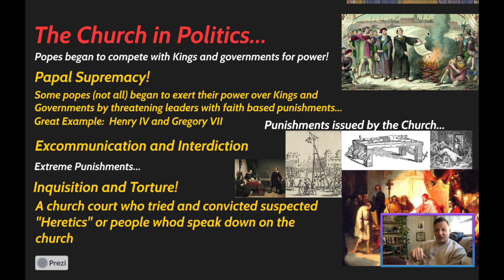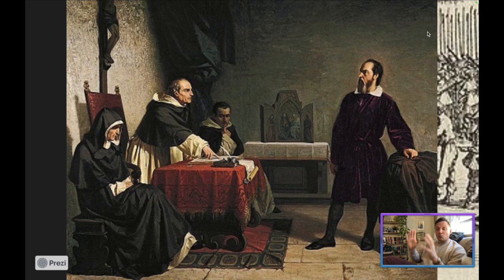But what the Inquisition is, it's a church court, okay? Now, a church court, what I mean by that is they actually are basically the judge, jury, and executioner of an individual, right? So basically what ends up happening is they are a group of people that can convict suspected heretics or anybody who would speak out against the church. And if you spoke out against the church, you would be brought in front of an Inquisition. Now, there wasn't just one of them, right?